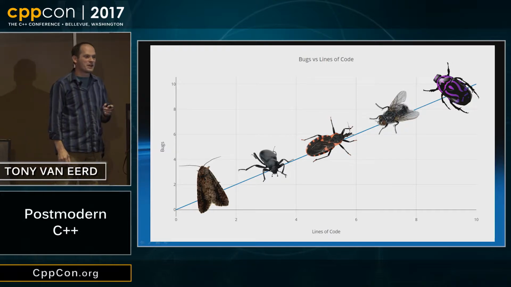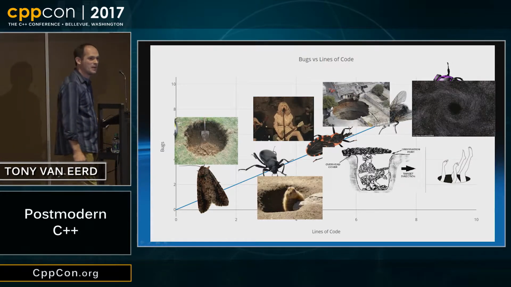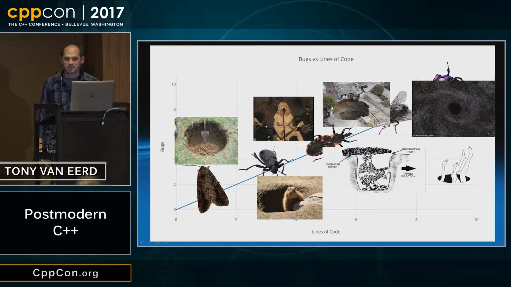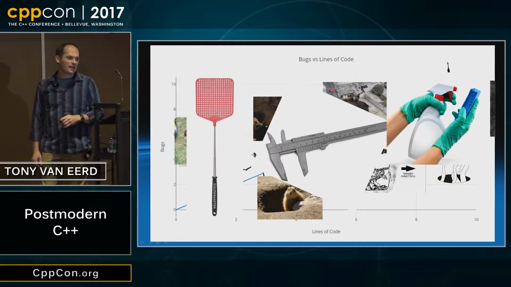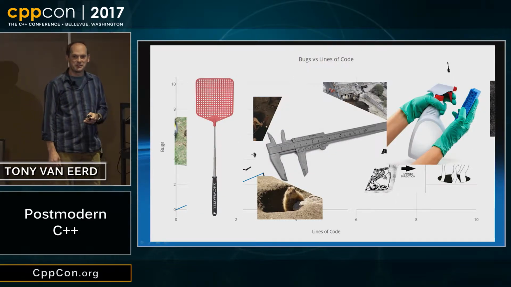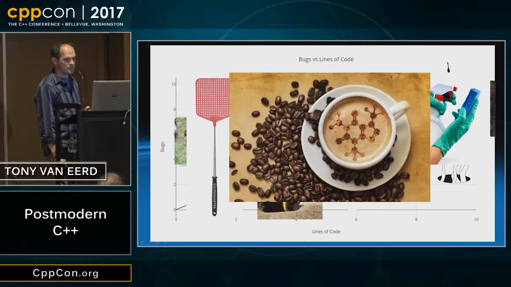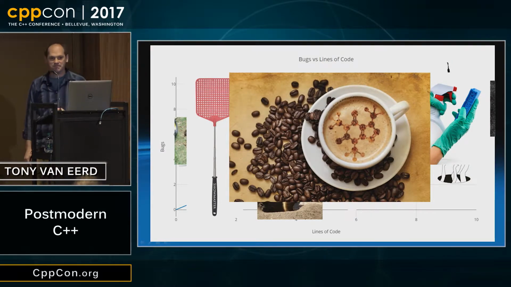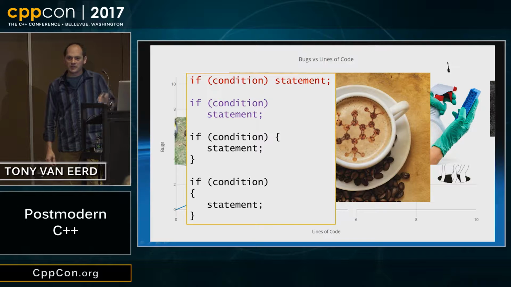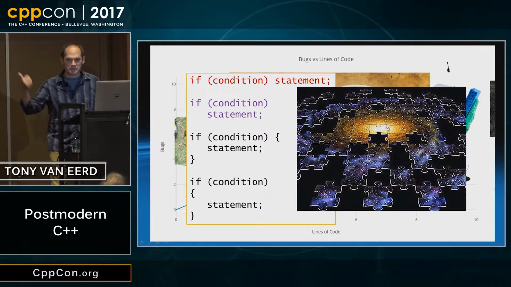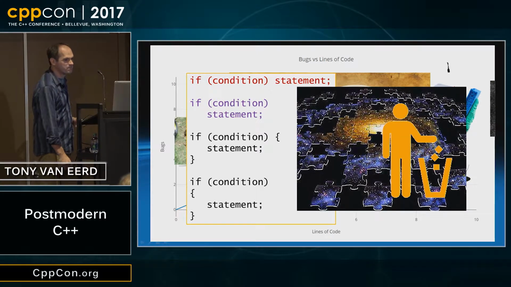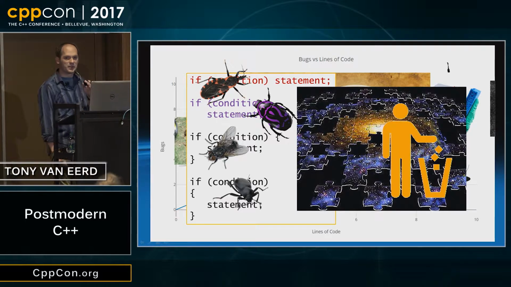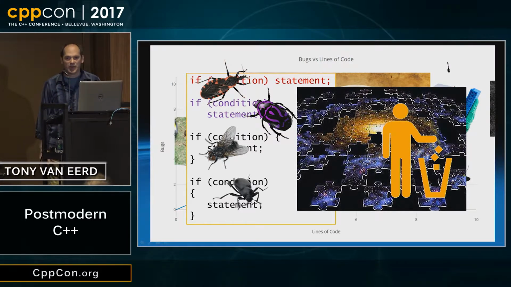So, for every line, there is a bug. For every bug, a hole is dug. Debuggers, profilers, and sanitizers you lug. More caffeine you have to chug. Add an if, that always works. Big picture understanding, shirked. But an if is a line, so an if is a bug. Sometimes all we can do is